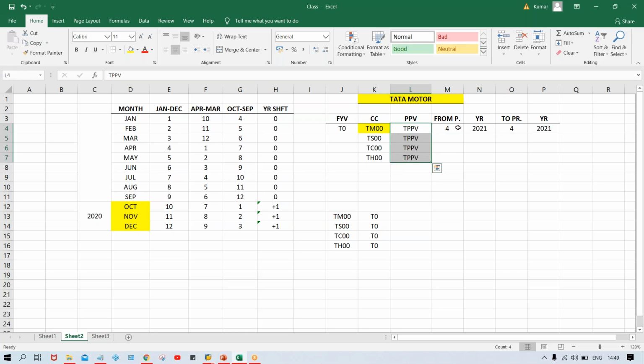It means if I say period 4 of 2020 is open for this TPPV, and this is assigned to 4 company codes or 10 or 12 company codes, then for all company codes period number 4 is open, and for all company codes the remaining periods are closed. So instead of repeating the same things four times, what would happen if we did not define it as a variant? Sometimes there might be a question.